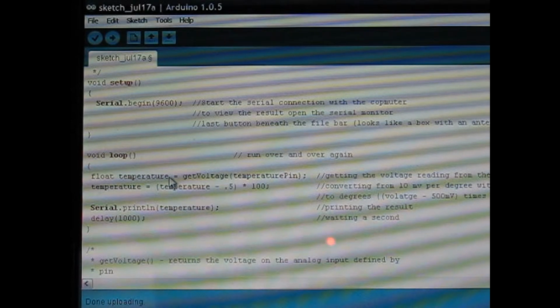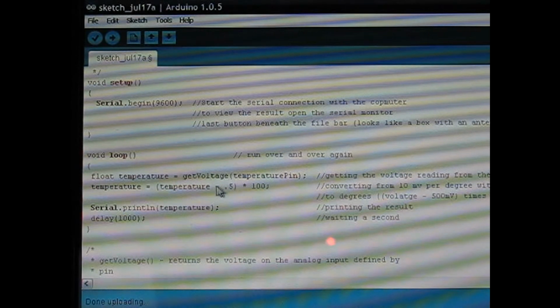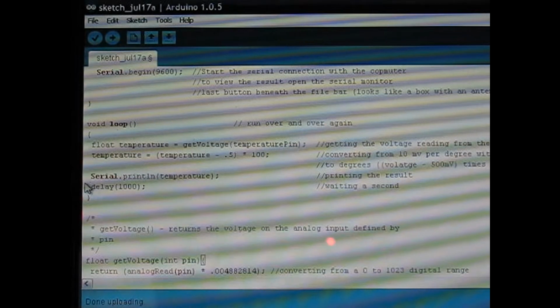We're setting the temperature and getting that voltage out of the temperature pin, and then the temperature is changing here, and here we're changing the 10 millivolt per degree change output from the sensor to degrees Celsius. And then here we're printing the temperature that we've now found out into the serial monitor. And when we open that here,